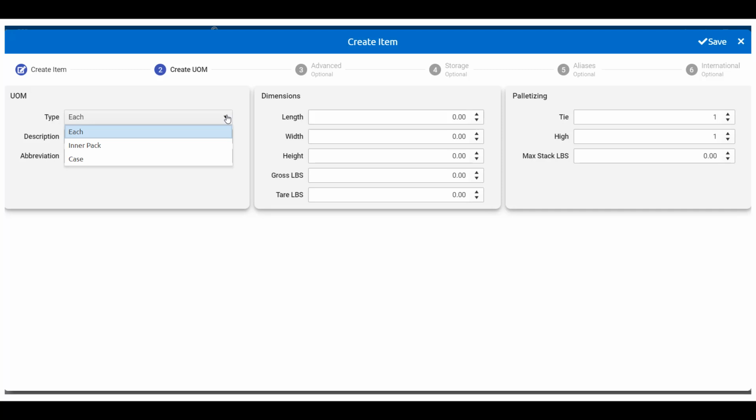Vinci Unified offers three types of unit of measurement. Eaches, which would be a single sold item; inner packs, which would contain a full pack of single sold items; or a case, which would contain a large quantity of single sold items or a small quantity of inner packs containing single sold items. Now that the item is created and saved, the item display will now appear as this